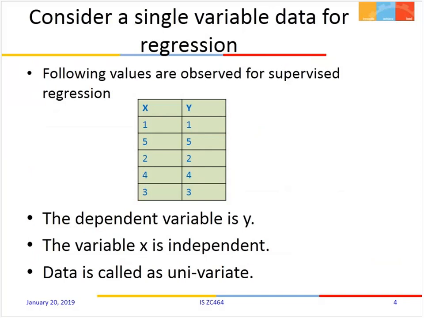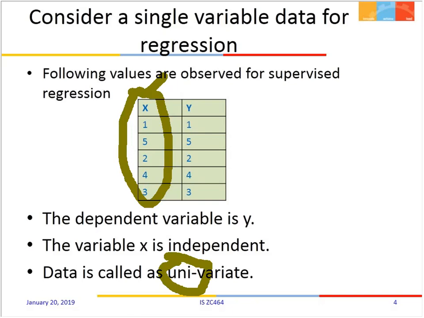So consider a single variable data for regression. Let us say there is one parameter x which has its effect on y. So y is a dependent variable and x is the independent variable. So we call this data univariate. This uni stands for a single, and this single data is referring to the x value of this set